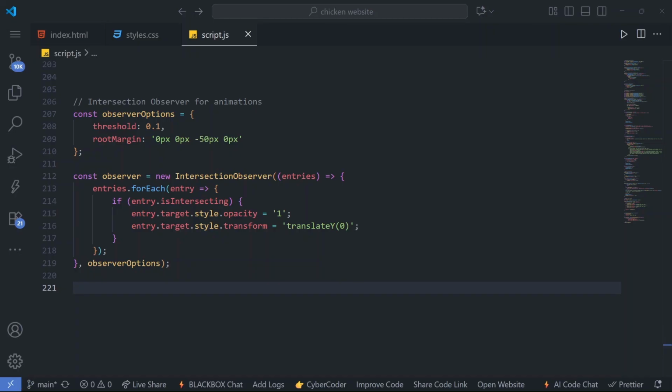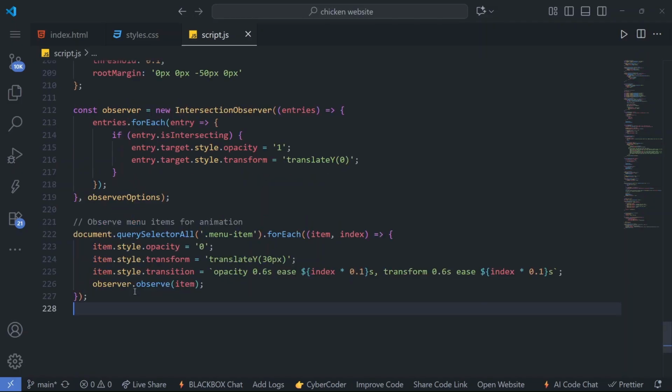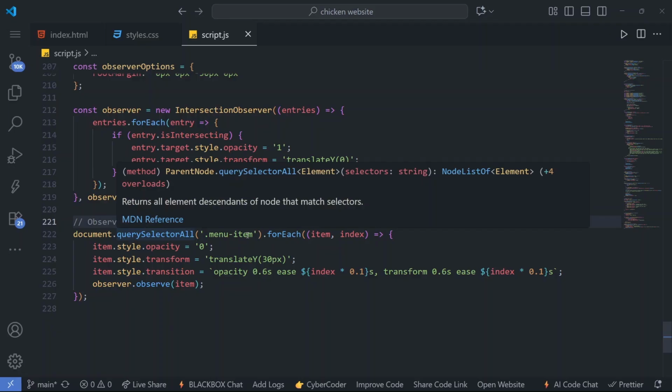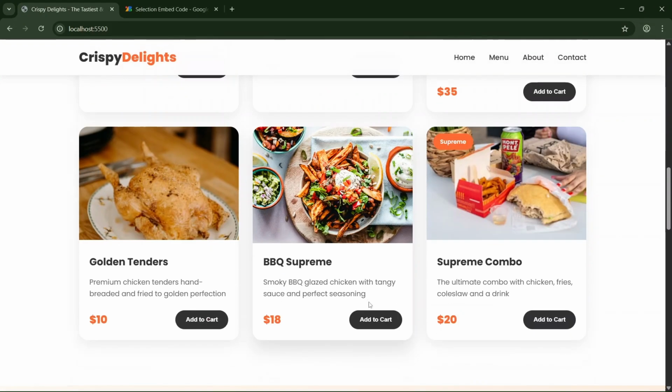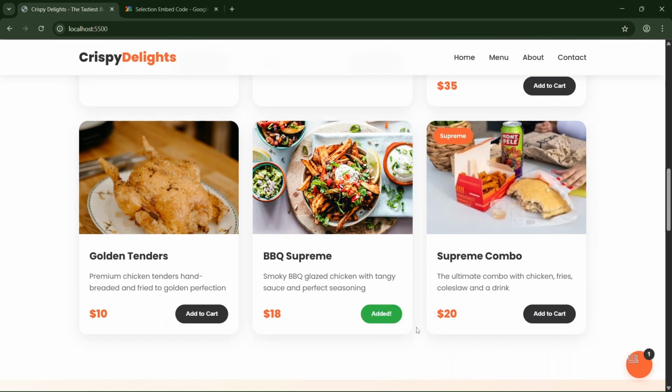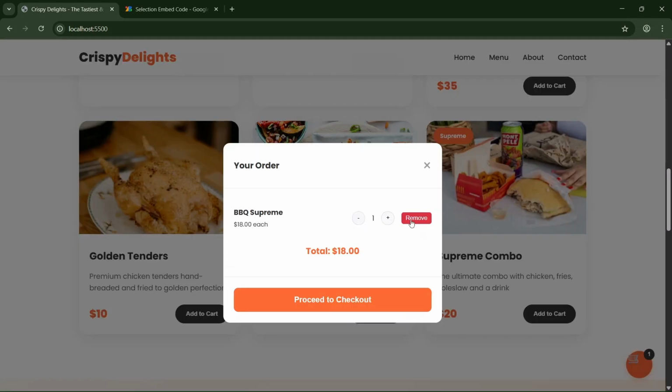Now we can add a functionality to observe the menu item for animation, right? So when you add the menu item, for that also we have added the animation. So this menu item we have added, we are adding animation, right? And after that,